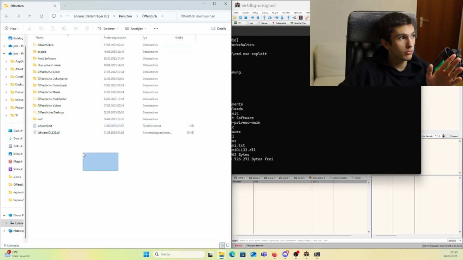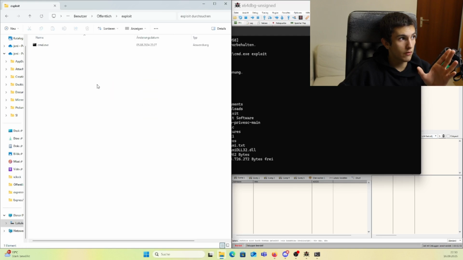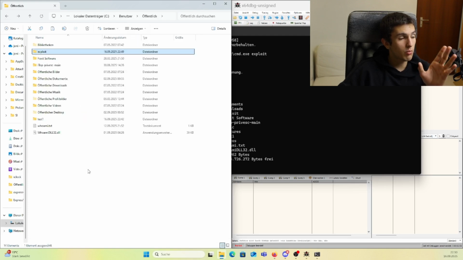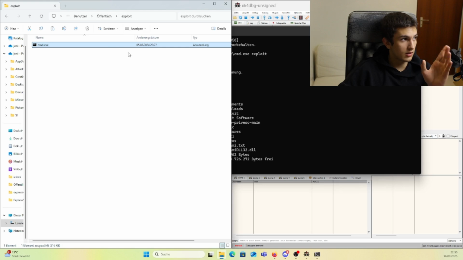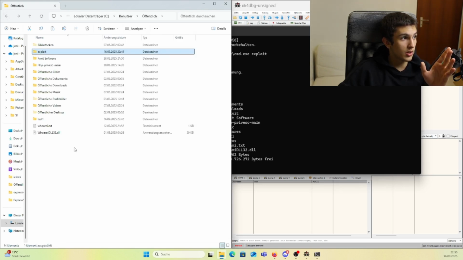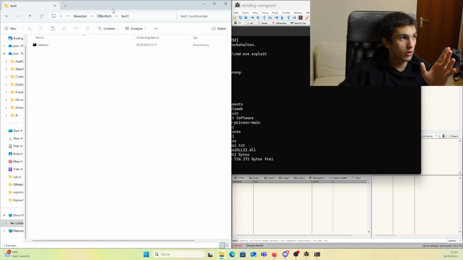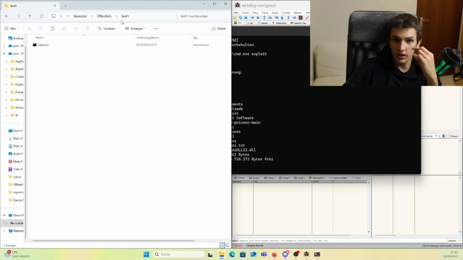we can delete the portal, because the process itself is locked, because it's only a handle to the process, not to the folder. So we can delete the portal and then rename this back, and now the process has a handle open to this file inside of exploit, but not in the original folder, which is test, which we'll rename back. So when it tries to access the DLL at the first location, it will find it within the portal, within our bait directory, and then we'll switch up that directory for the original one,